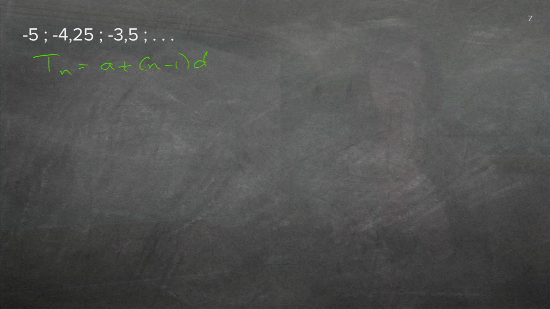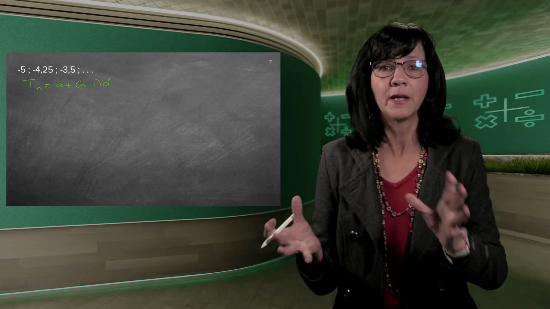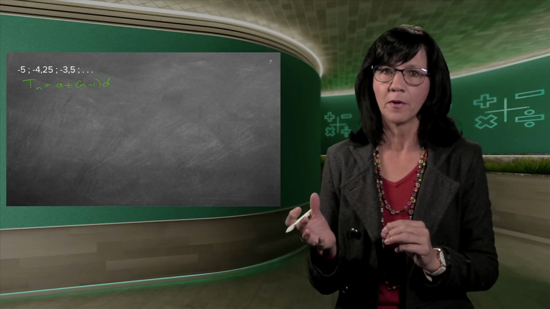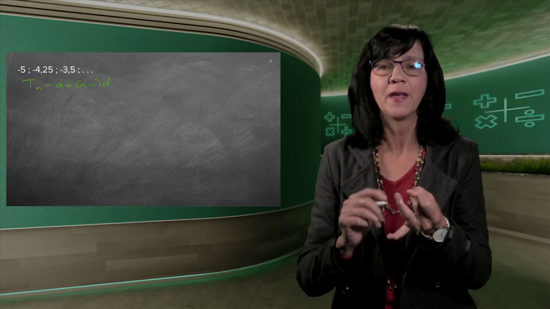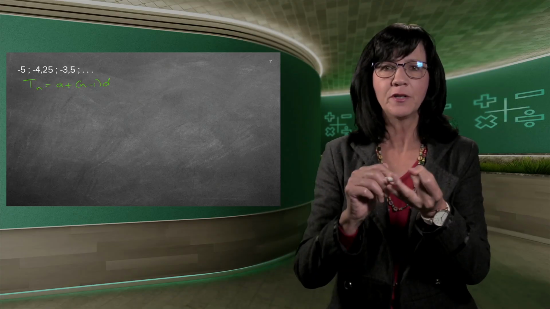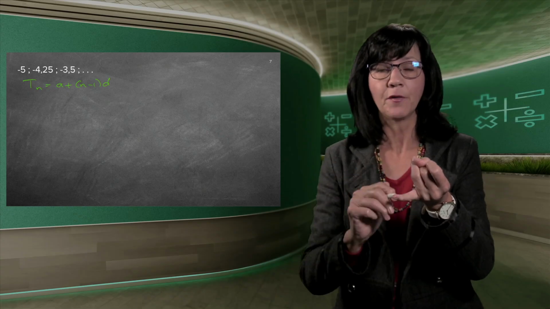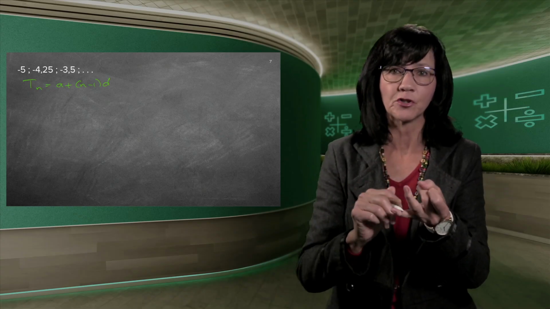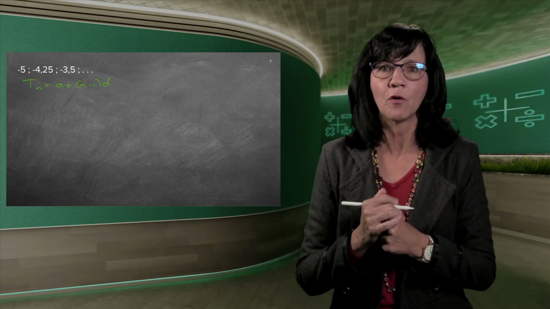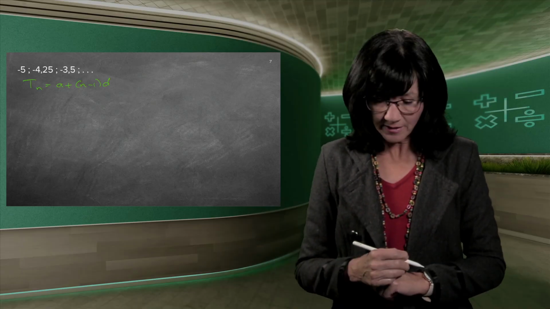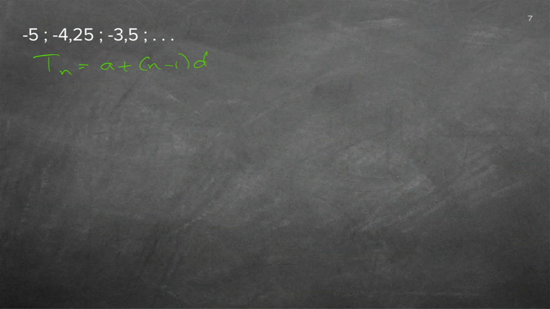Now, in order to do this, in fact, in order to do any sequence problem, we need to find the first term and the common difference. If we don't have those 2 things, sometimes they give me an answer and they ask one of these 2. But those 2 are the things that are involved in my problem. Now, if I look at this one, I can see a. a is minus 5 because it's my first term. But I need the common difference.